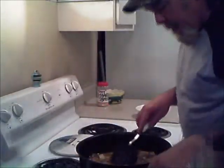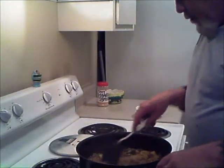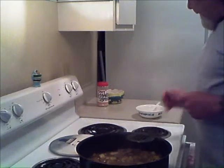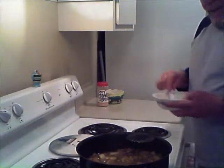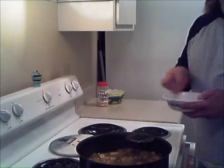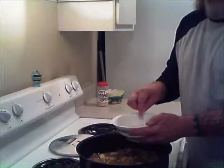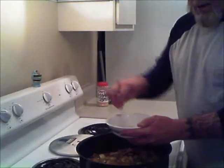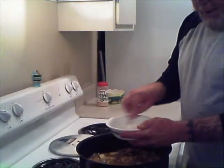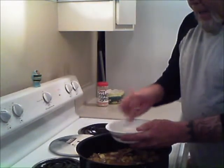All right, everybody, it's been cooking down for a little over an hour now. It's getting all yummy and juicy and lovingly looking, and I took a little bit of the juice and put it in a bowl and added a little flour. You can see, you won't need much. Half a teaspoon of flour at the most, because it does thicken up naturally on its own with the yummy squash. But I'm going to add this in,